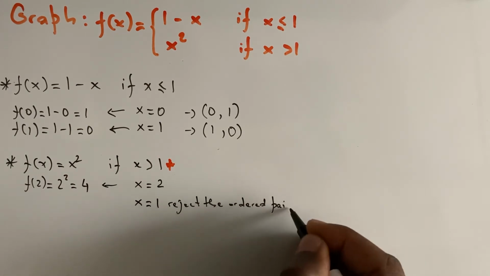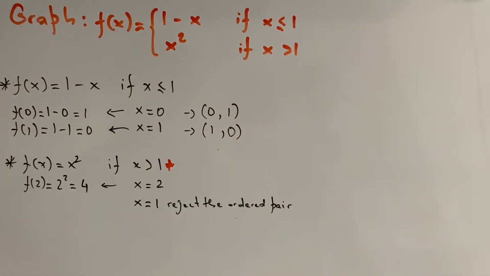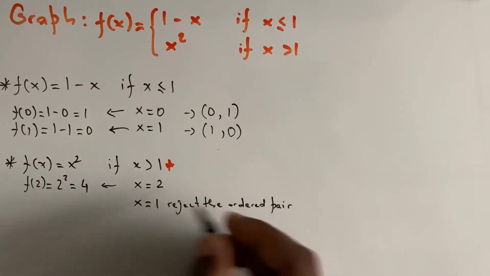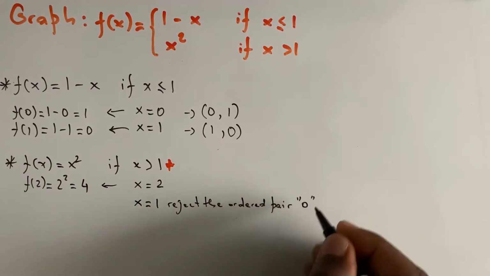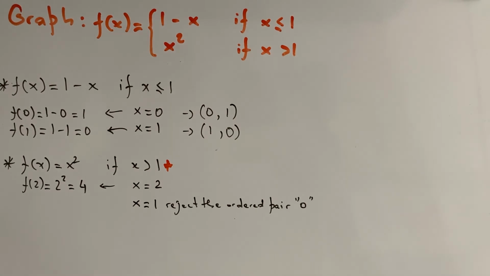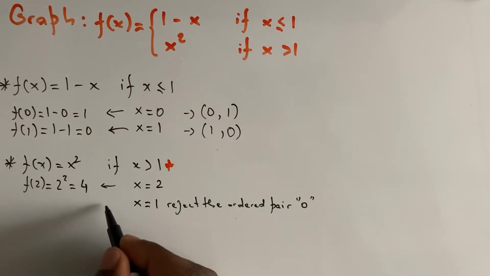By the way, I'm saying it this way. I'm saying reject it. What I'm saying really is to use an open circle. So you're going to use an open circle on that value. And I'm going to show you exactly what I mean by that. Okay. Now, if x